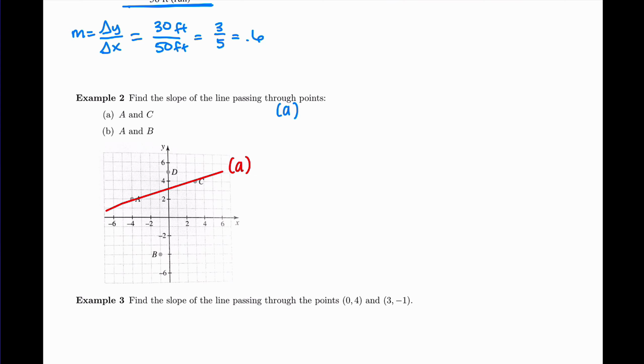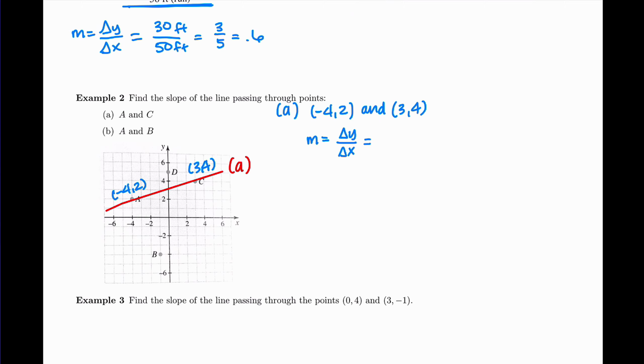It would help to know what these 2 points are. It looks like A is the coordinate -4, 2. We went back 4 and up 2. To get to point C, it looks like we're at 3, 4. We went over 3 and up 4. So we have the points -4, 2 and 3, 4. So we'll find our slope, which remember is your change in y over your change in x,